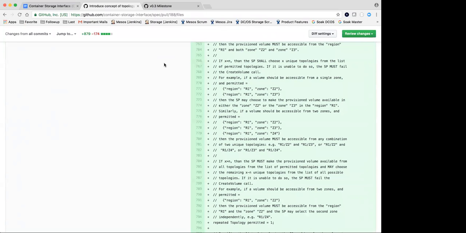The scheduler now needs to be able, the end user needs to be able to express that somehow to the CO, and then the CO now needs to be able to use that information to construct a request to provision a volume that is only going to be within those 2 zones. And now if you have topology that is multiple levels, so you have, I guess a good example would be